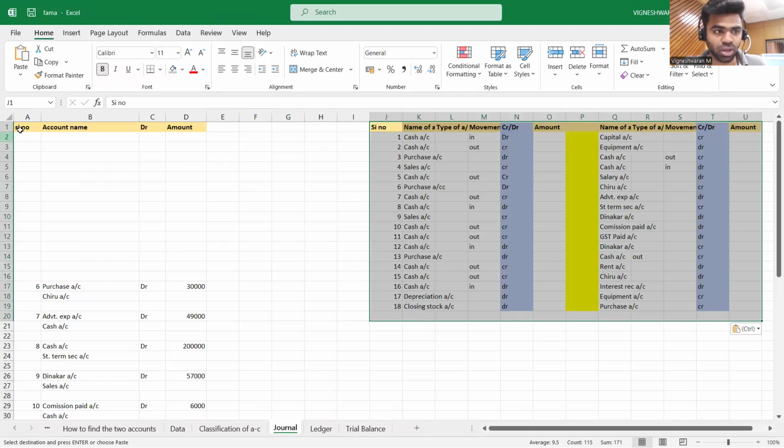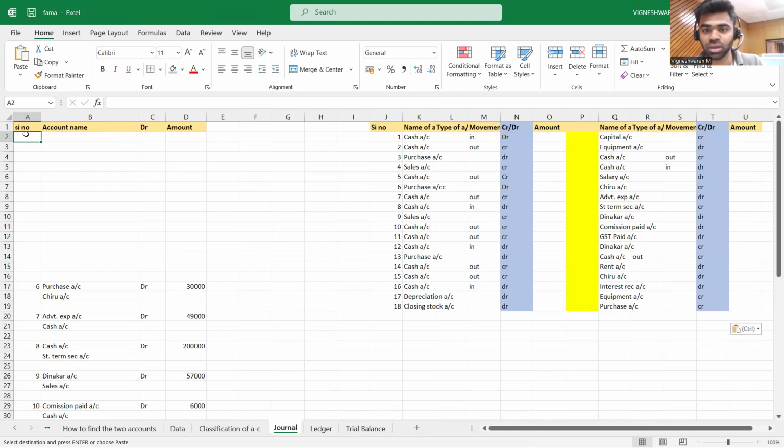Now in the journal, what we have to do is, two accounts will be there, right? We have to write the account which is to be debited first, followed by the credited account. Writing a journal is very simple. See, for the first one, cash account is on the debit side, capital account is on the credit side, right? So how I will write is